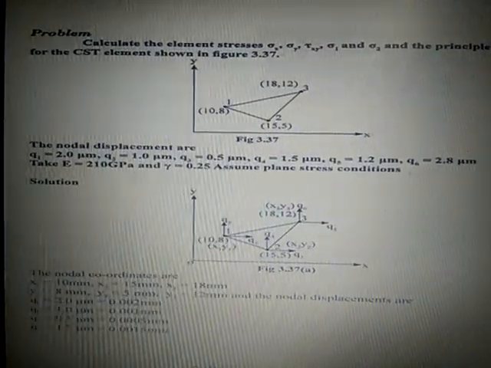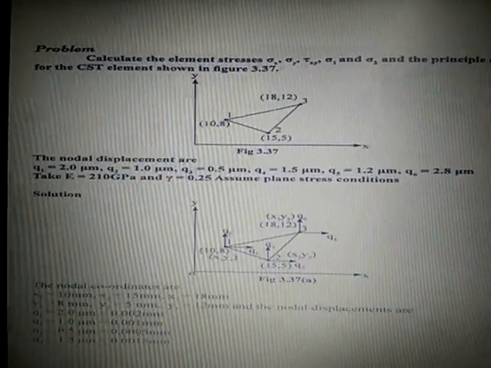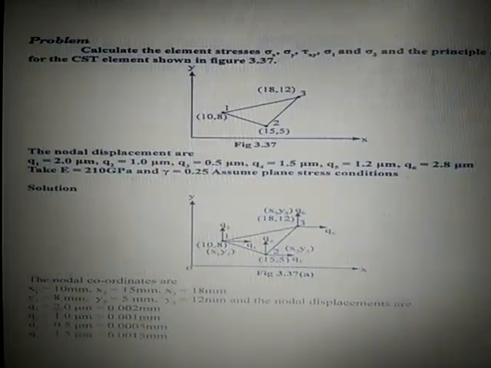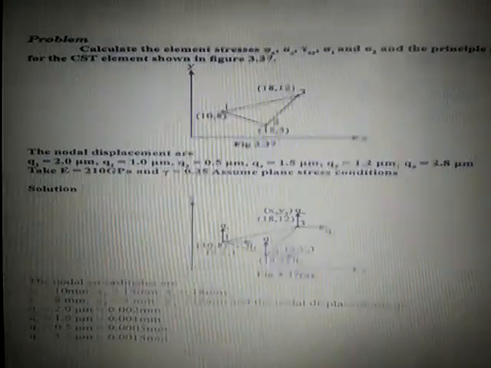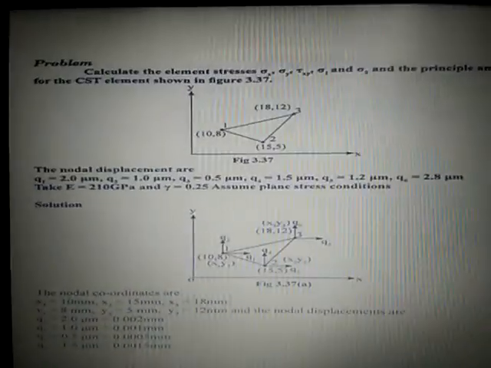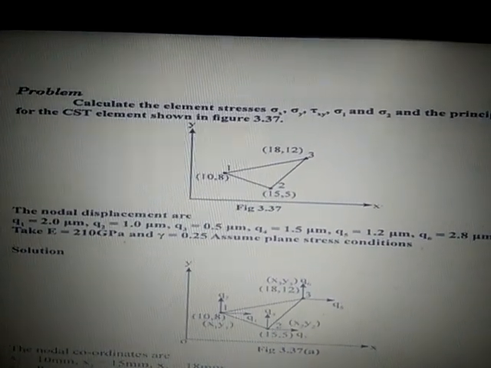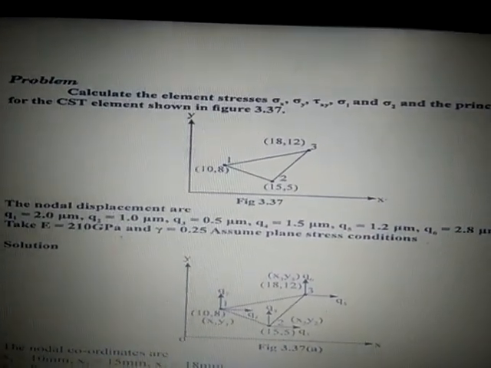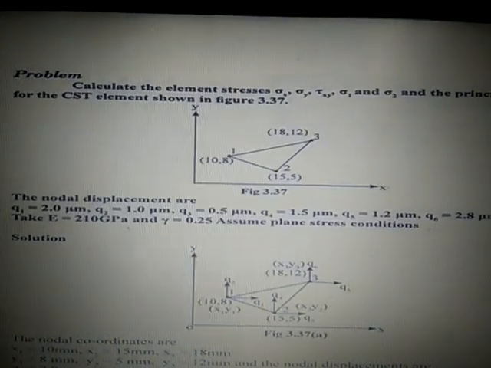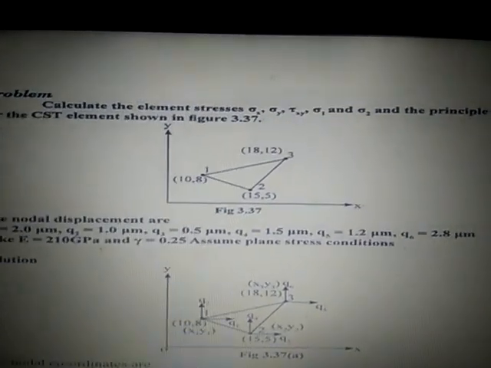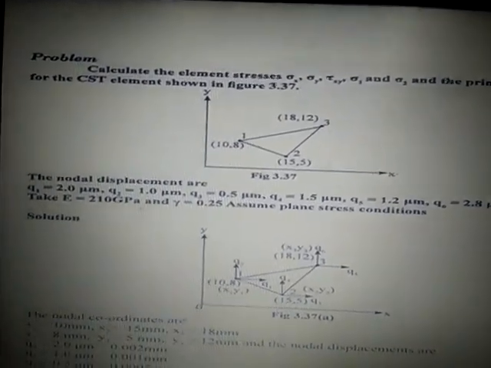The element is shown with x-axis and y-axis. 1, 2, 3 are the vertices of the triangle. 10, 8, 15, 5, 18, 12 are the coordinates. But in the question itself, the nodal displacements are given. Minus 2 mu m means micrometer. 1.0, 0.5, 1.5, 1.2, 2.8, all these are given; these are the nodal displacements